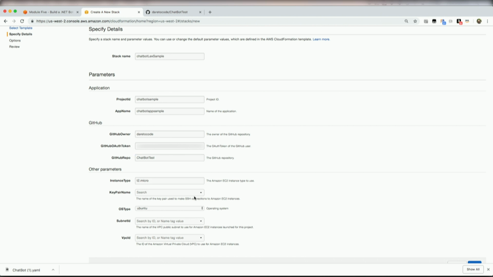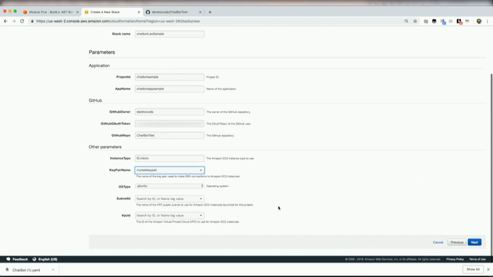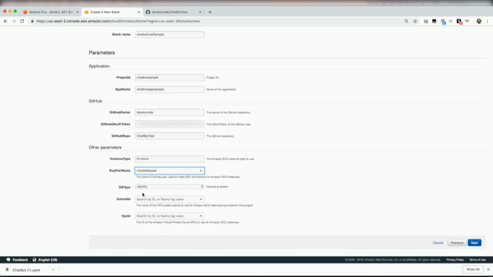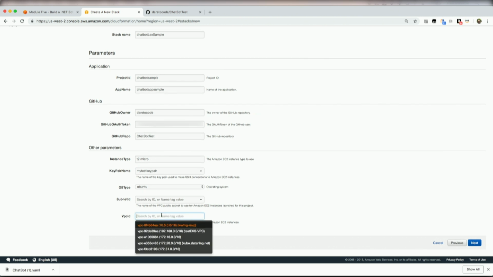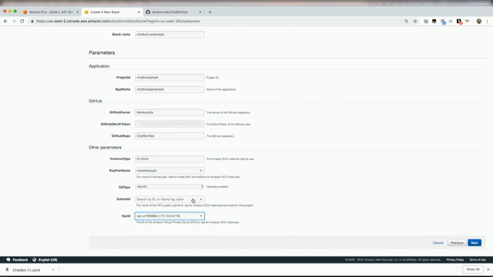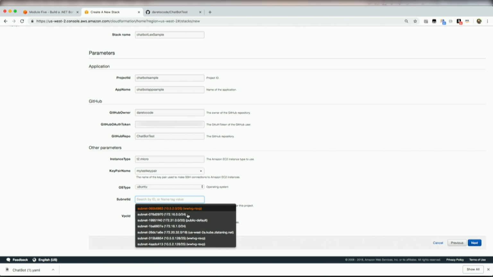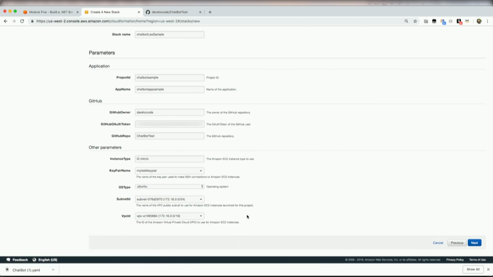I'm going to say instance type is T2 micro, that's fine. It's a very light application. Key pair name, I'm going to select my test key pair name. We're going to deploy this on Ubuntu, and we can actually select the VPC where we want to have this deployed. So here we are. We're going to click Next,